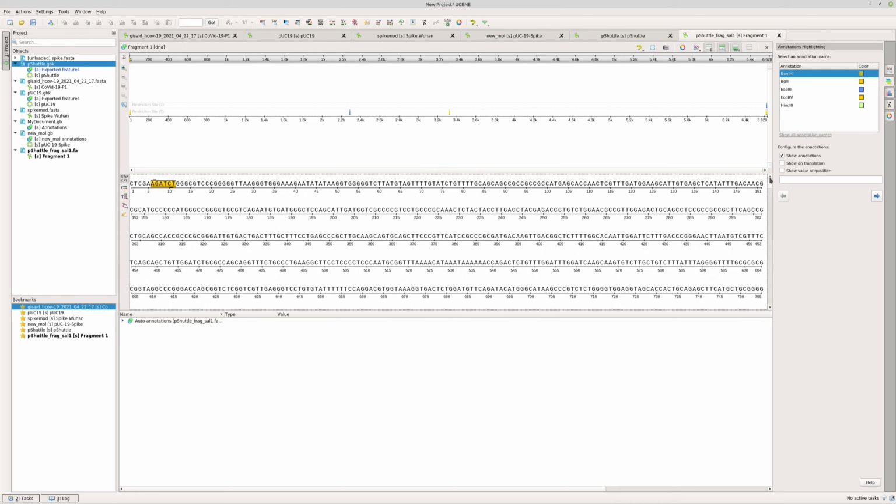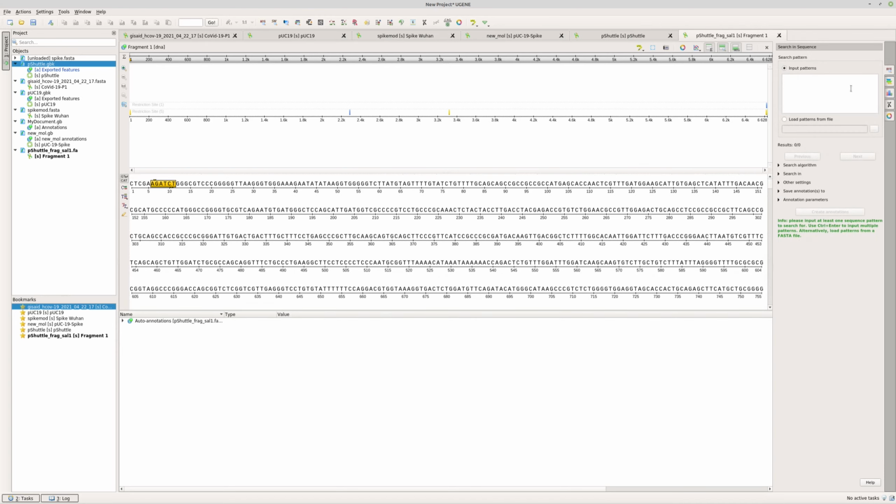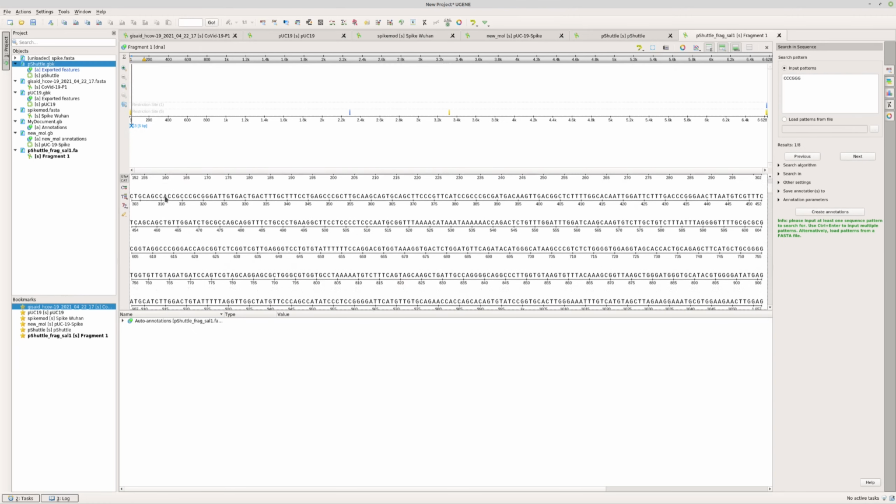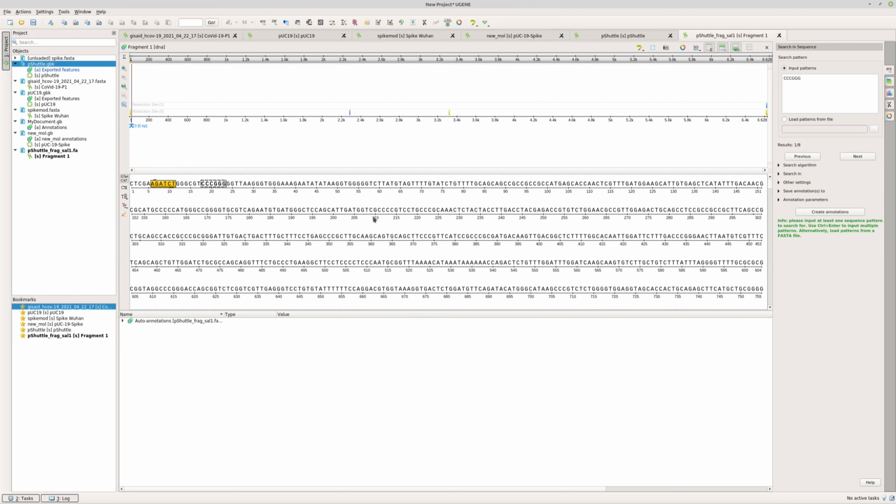And then basically, we're going to do a search for our CCCGGG, and we're just going to make sure that we find that, right? So our SMA1 is CCCGGG, and it's right over here, right? So that is where we see it right there. So if that's the case, we do know that it is going to be cutting from here, right? At this GGG,